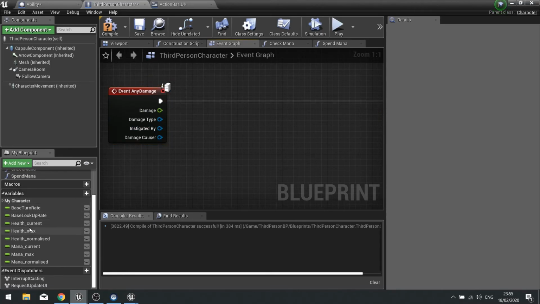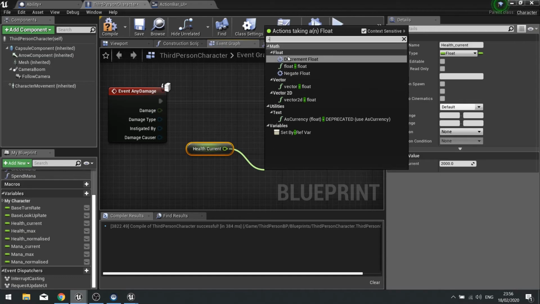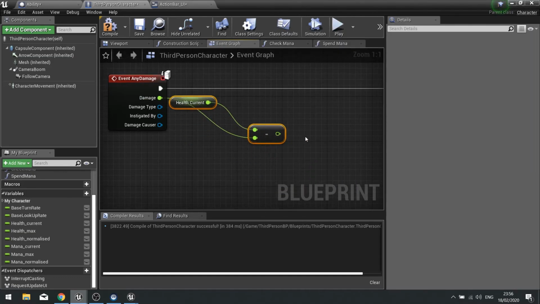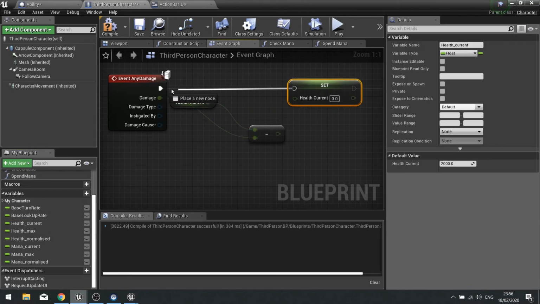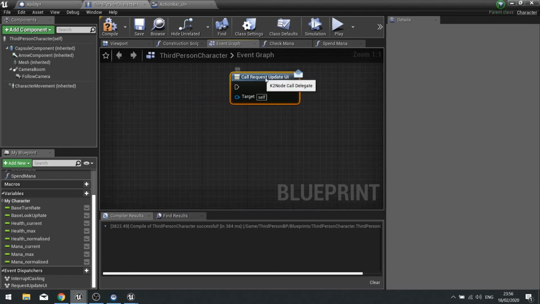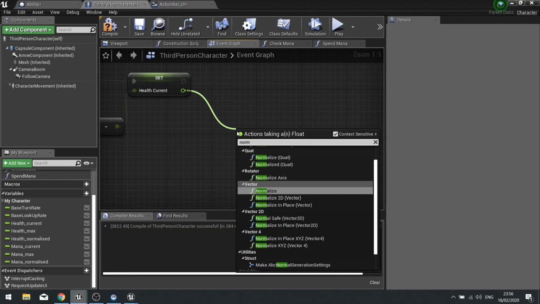So damage type, we'll come in here and do health current. So health current minus damage. And I'm going to set that back to health current. From there, we can normalize to range.